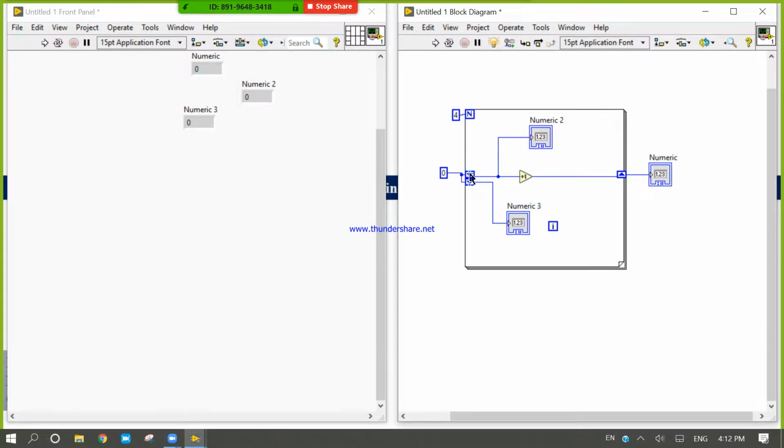By using this shift register, we can read the data of the last operation, and this will be the second last, then third last. Okay, it is last, then last plus 1. If I drag, then last plus 2. So first here I will read 0, then it will be added and it will go here as 1.